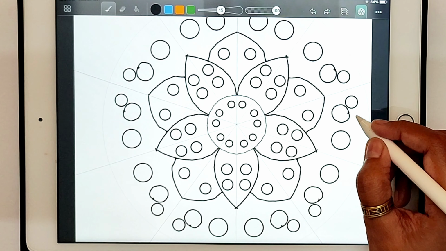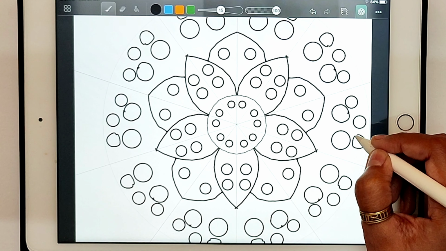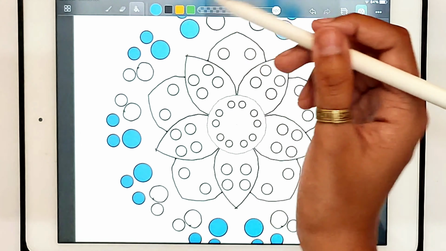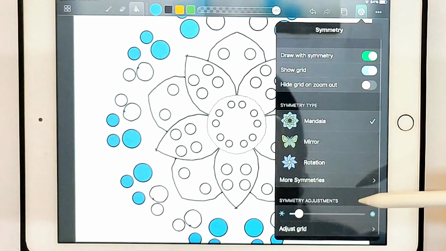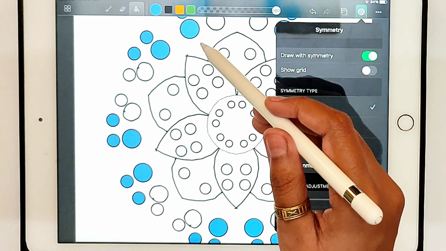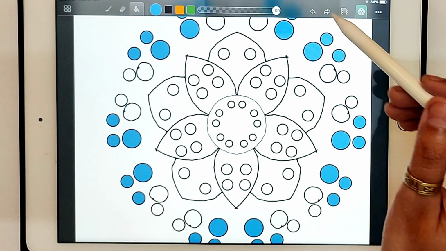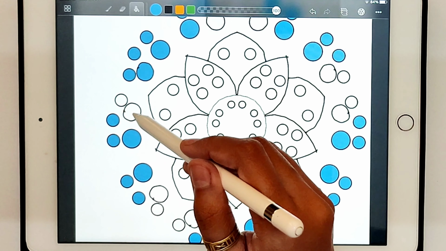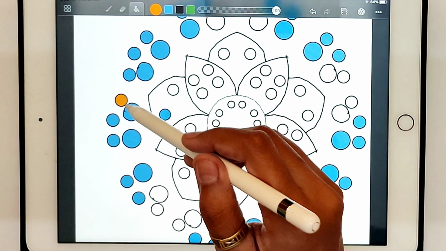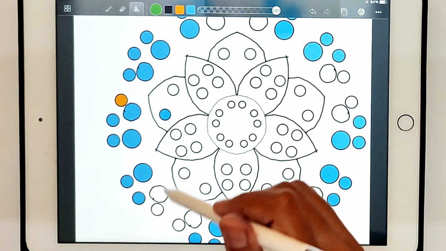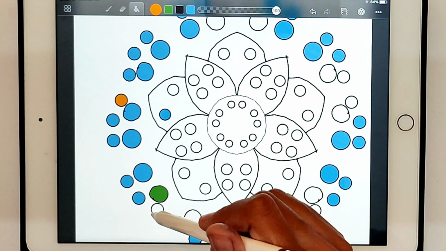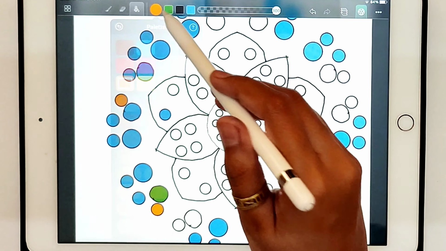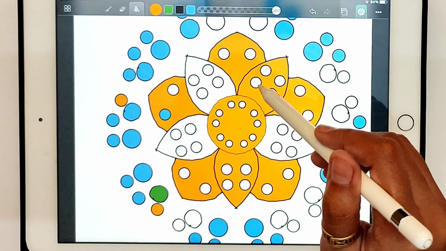Also, this is a symmetrical grid, so sometimes the patterns would be like a mirror image and not the exact same. So you can turn off the show grid option anytime when you don't want the pattern or the color to be copied elsewhere. For example, I drew one layer with a grid, and now if I don't want the symmetrical pattern or I want different color in different areas, I'll just turn off the show grid option and then fill color in all the patterns individually. So it all depends upon your design, and keep on experimenting with different settings.